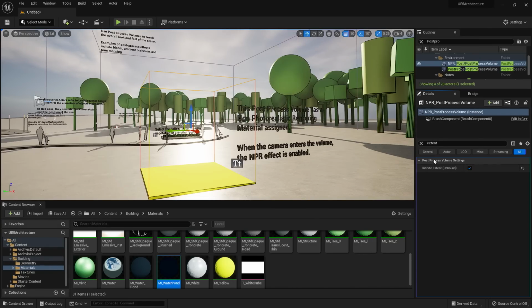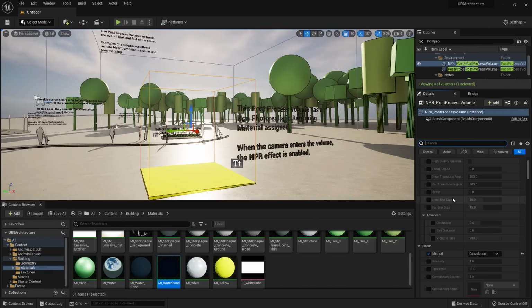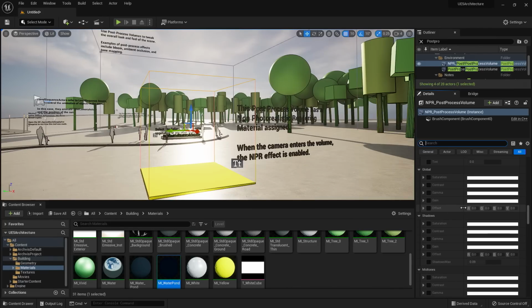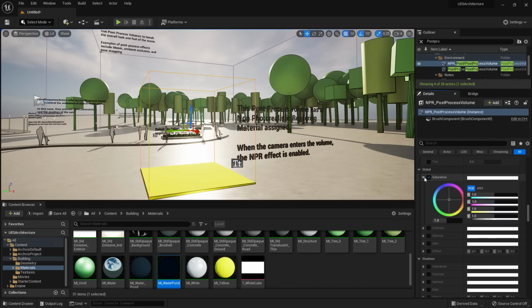So I'm going to clear out of this extent here. I'll scroll down, and you'll see all of the options of things that I have control over. For now, I'm going to go over to this global setting, select the check mark next to saturation. I'll hit the drop down here, and I'll change this to 0. So now it's similar to a tonal sketch that you may want to use early in a project. And then later, you can always switch in between the two.